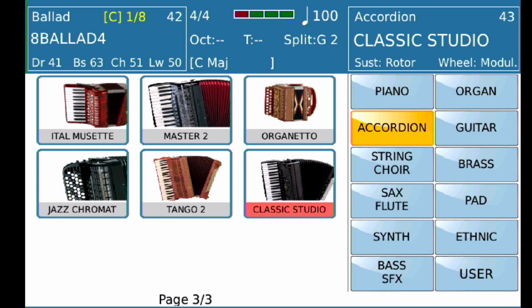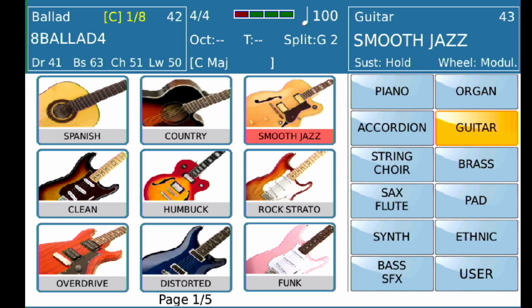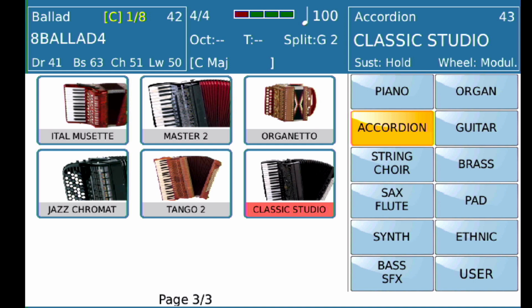Let me turn off the second voice. Accordion, we can leave it there, page 3, Classic Studio. Guitar, let's go ahead and pick Spanish guitar. Okay, so now when I go back and I click accordion, just by clicking on the family, I've changed the